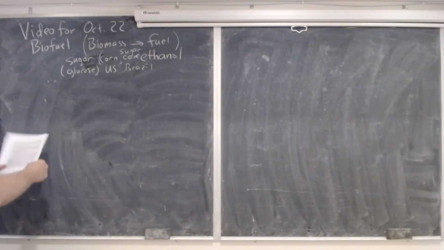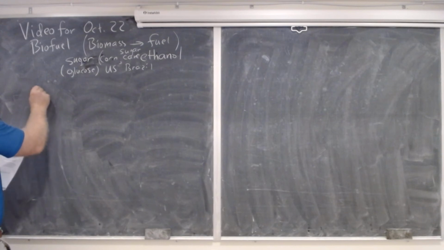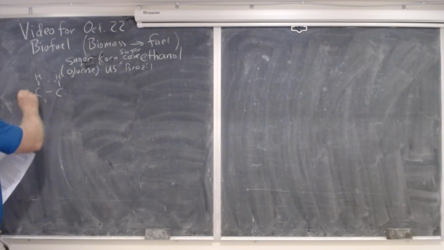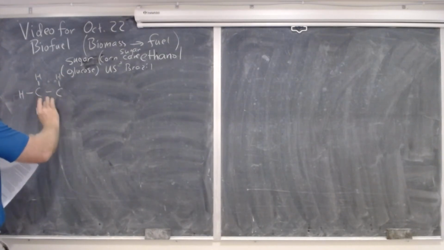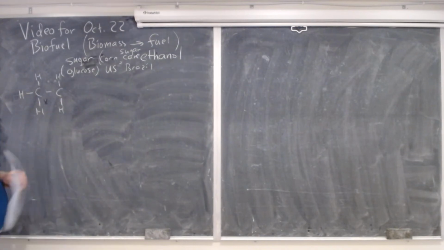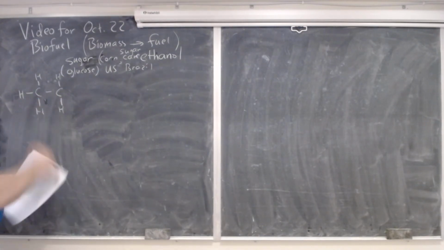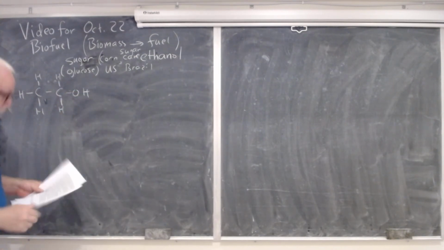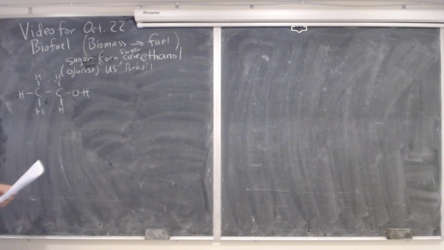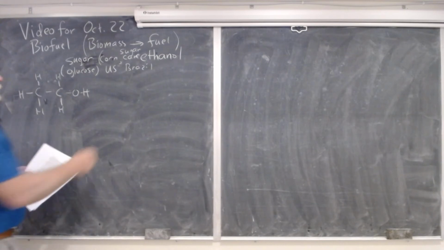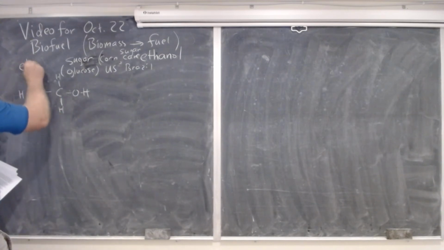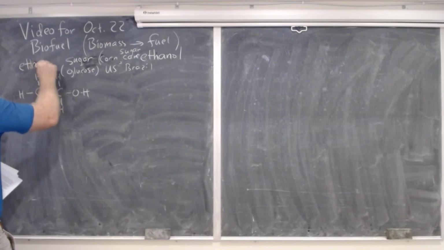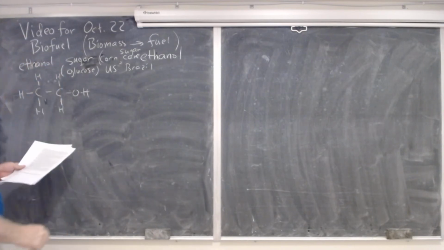First of all, ethanol is just like ethane. Remember ethane, the alkane for N equals 2, and you just have 2 carbon atoms, and the only thing that's different is you put an OH over there instead of another H. And this is the same thing as you drink, ethanol.